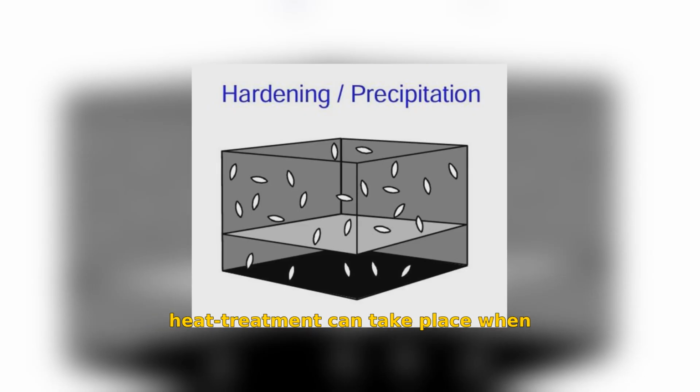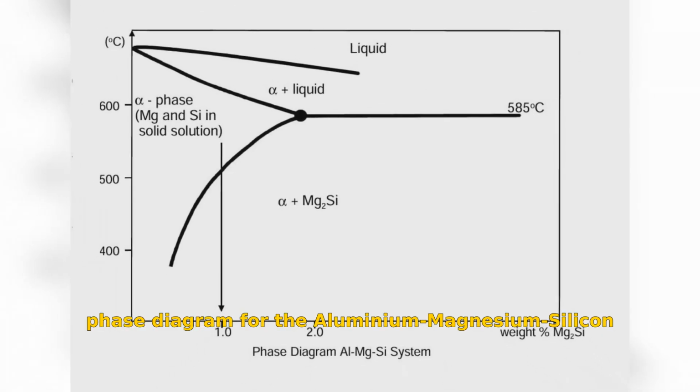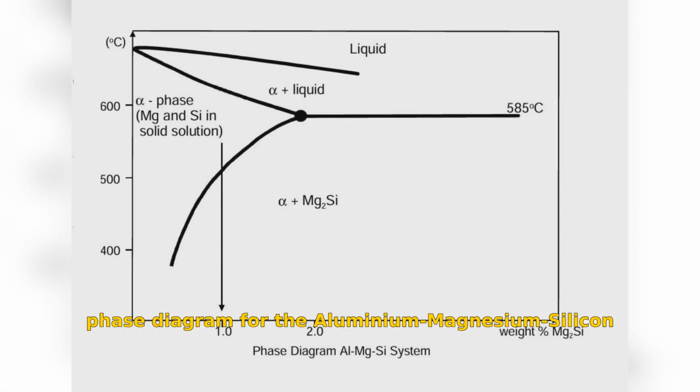Solution heat treatment can take place because the amount of the alloying elements in solution is reduced in proportion to temperature. We can see this from the phase diagram for the aluminium-magnesium-silicon system. The figure shows a cross-section of the diagram based on percentage weight of magnesium-silicon phase along the horizontal axis. In the alpha phase area, magnesium-silicon phase are in solid solution. When an alloy containing approximately 1% of magnesium-silicon particles is quenched rapidly from a temperature of about 570 degrees Celsius